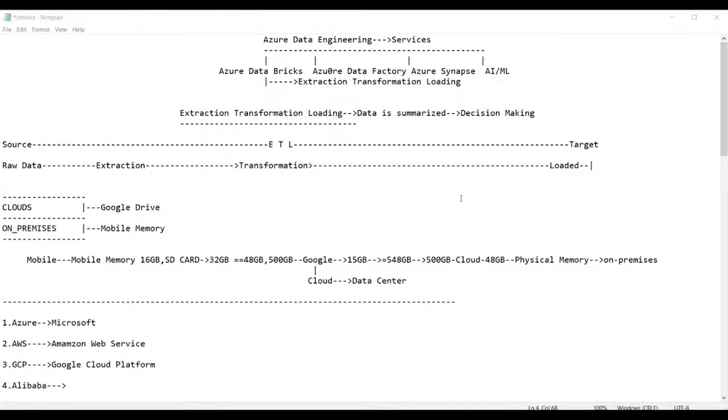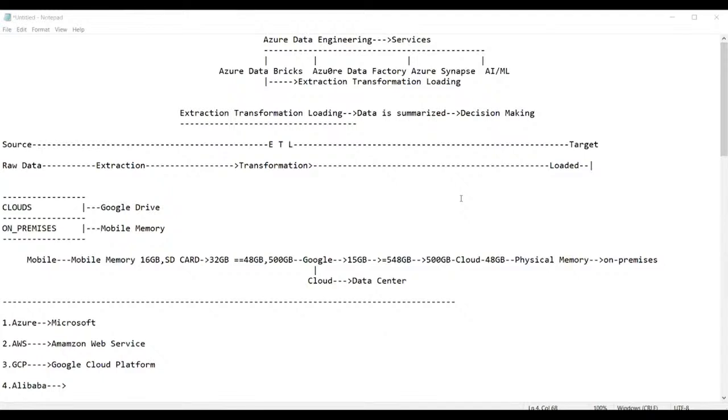Sir, ADB and ADF are both provided by Azure, Microsoft, right? What is the main difference between ADB and ADF? Basically, if there is a project where you are going to use both ADF and ADB, the ADF is used for the data ingestion process, up to data ingestion only, that means insertion of the data.